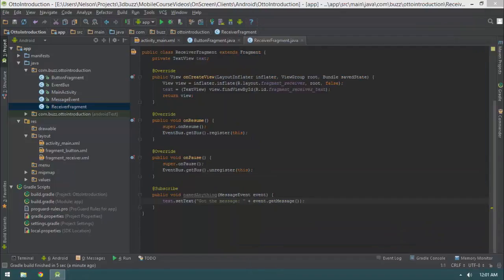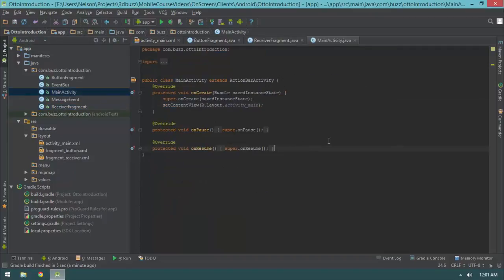And it's not just fragments. I mean, so that's pretty exciting. We can do that. Our communication is decoupled. I can throw in another quick example. I can open up my main activity itself and say, I always like onResume appearing before onPause. I don't know why I wrote the code like that earlier. I'm going to say